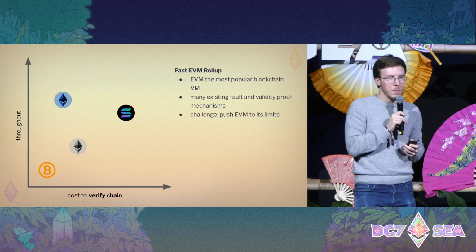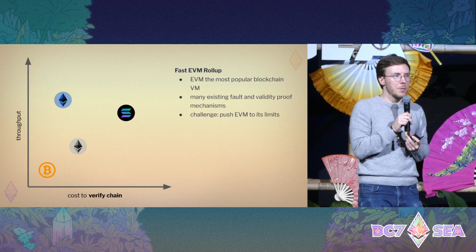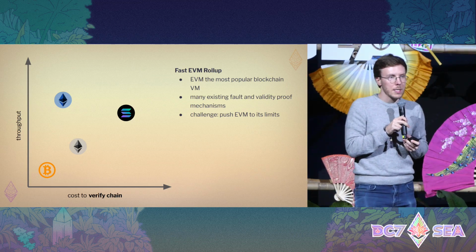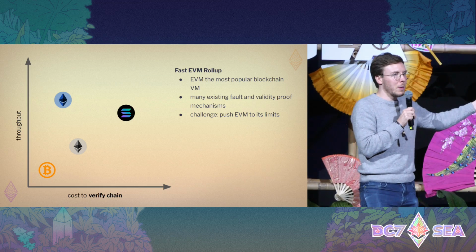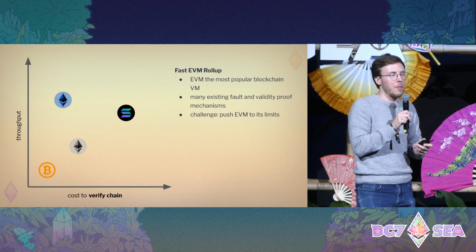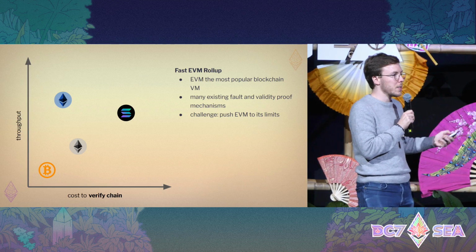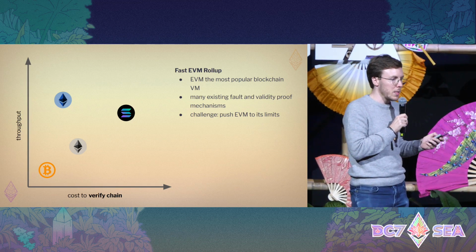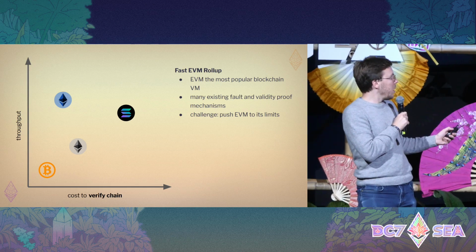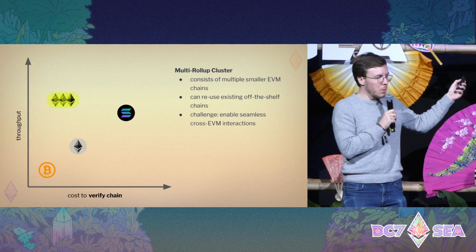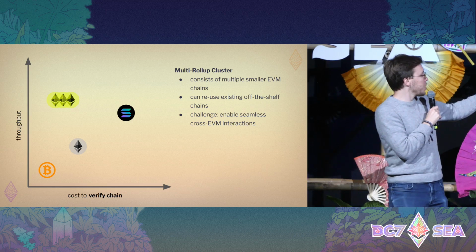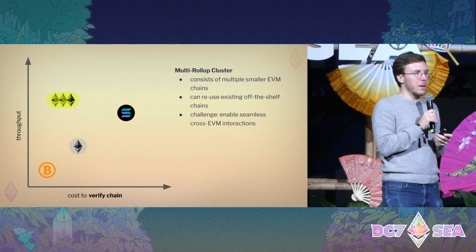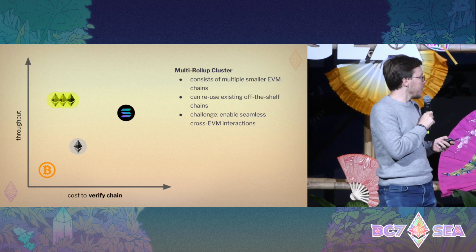People sometimes have this mistaken conception that the EVM is fundamentally not able to reach similar throughput levels as the SVM. That's really not the case. The reason Ethereum runs at lower throughput is specifically because we want this trade-off. We want to be verifiable by everyone on Earth in a trustless way, right? It's a choice, not a technical constraint. So once you go into the rollup, you can push the EVM to its limits. But the variant of this that we've seen the most is what I call the multi-rollup cluster, which is many smaller, lower throughput individual rollups that together form a very high throughput system.